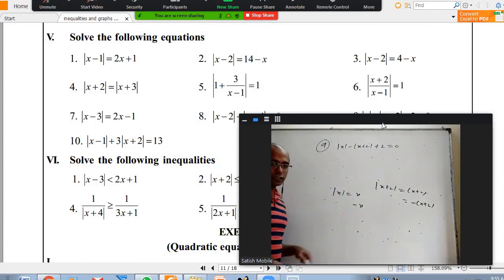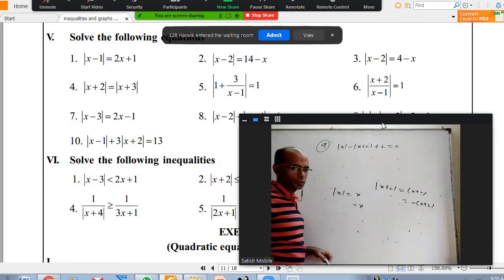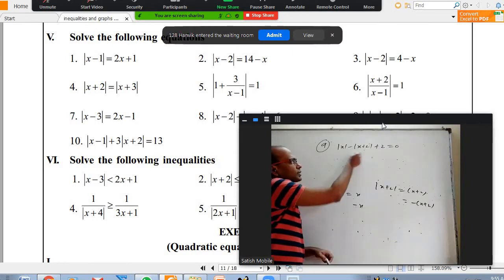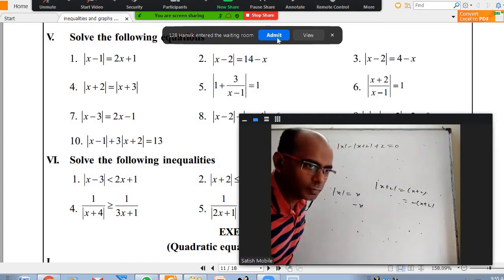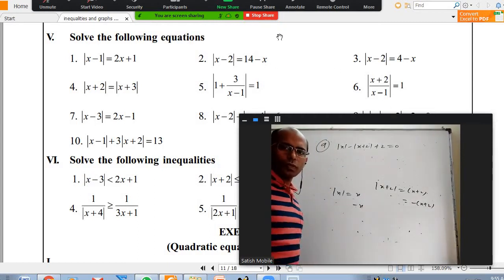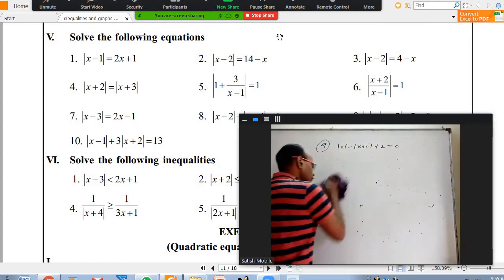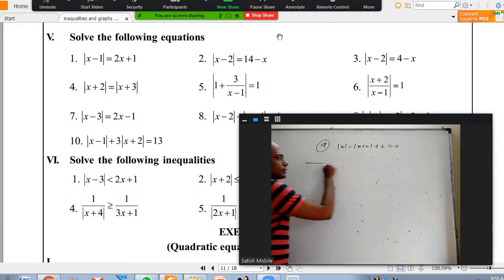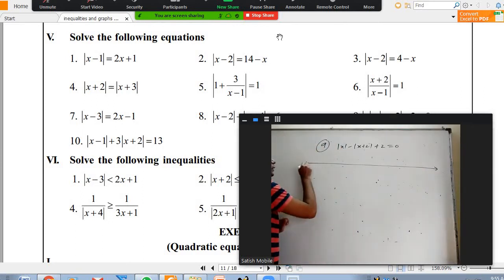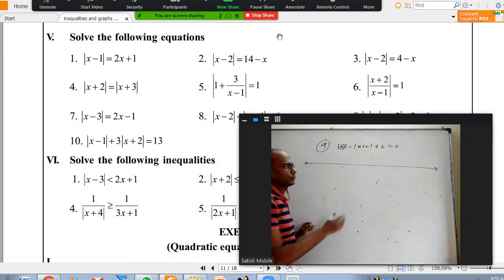So in total, I'll get 3 cases actually. This inner part is positive, this inner part is positive; this inner part is positive, this is negative. You may say 4 cases: plus plus, plus minus, minus plus, minus minus. But one other case doesn't exist. But we need to take all that. Okay, so now I'm going to take 3 cases, I'll tell you what they are. Whether I should write plus x or minus x depends on whether my number is after 0 or before 0. I'll mark 0.